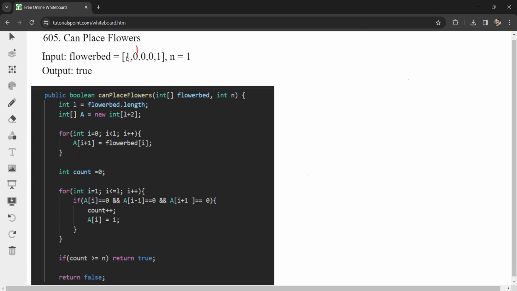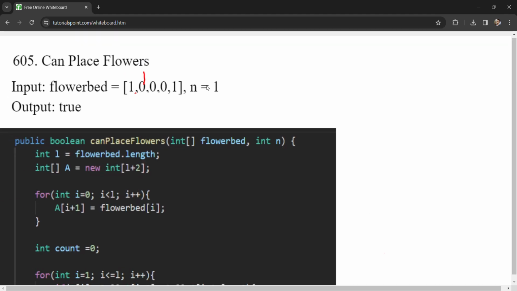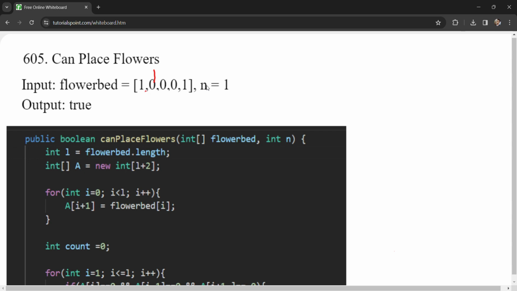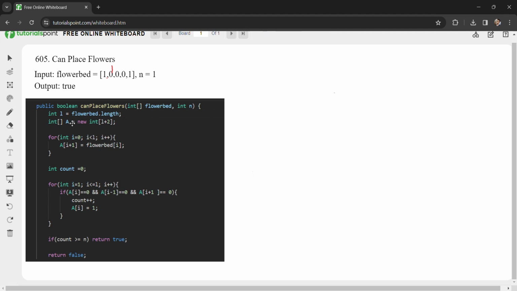So as we see, we have created a copy of the array, and the length of the array is 5. The length of the array is 5, and the first value is 1, so it will check. We have created a new array, and the new array would be like